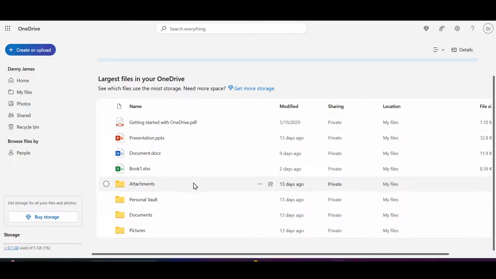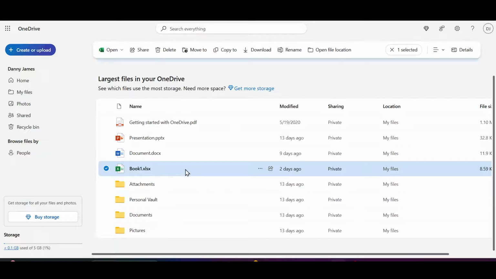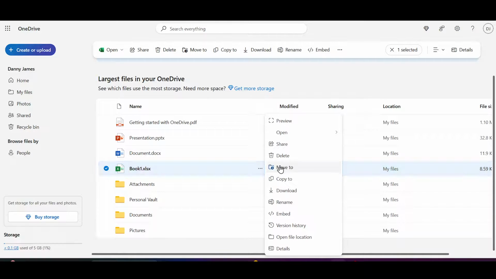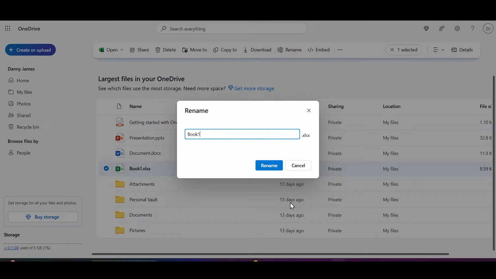Now, if I want to change the name of, let's say, this file, I'll just click on it once. And then as you can see, the option of rename. So you can click on rename or you can click on these three dots and then you can rename it from here too. So let's say I just want to name it like book 2,